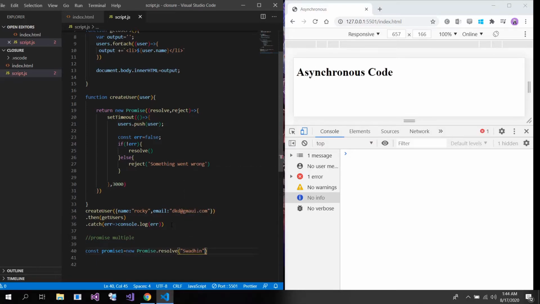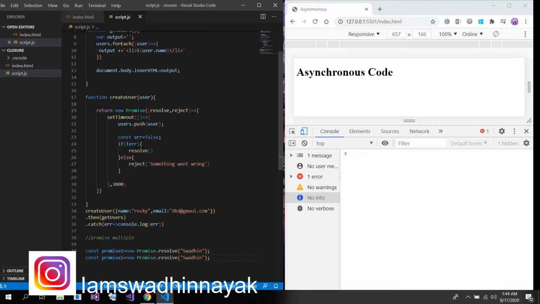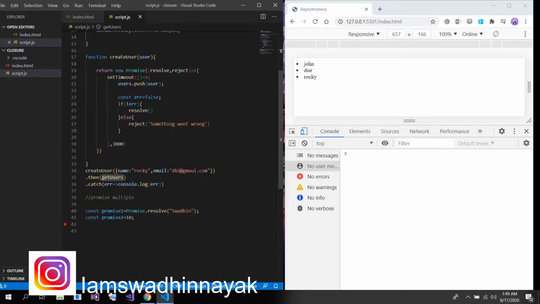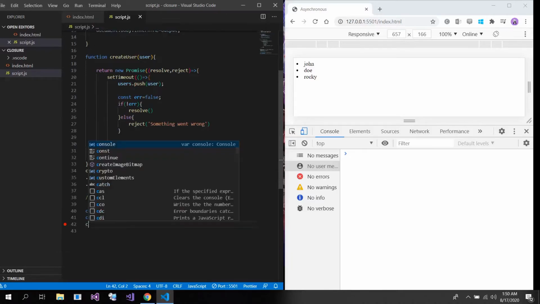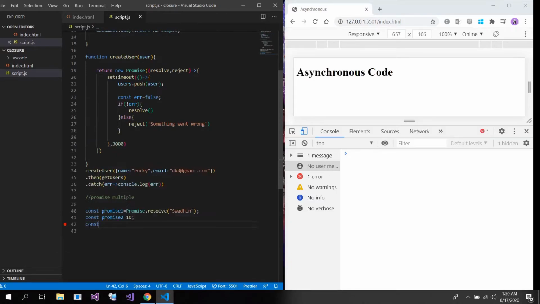After that I will have another promise. I'll just copy paste the same promise, and instead of the string, I'll return an integer. That will be our second promise. I'll not create an instance there, I'll directly use it equal to 10. The third promise we have, I'll create here and give this as promise